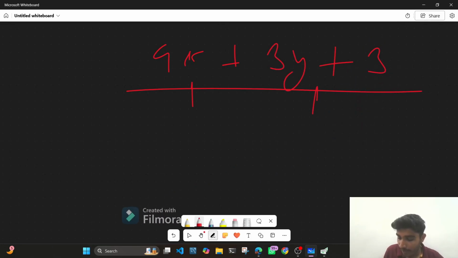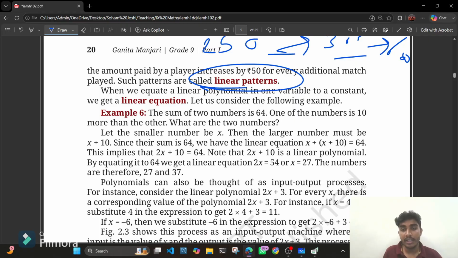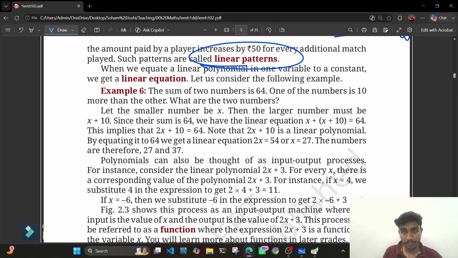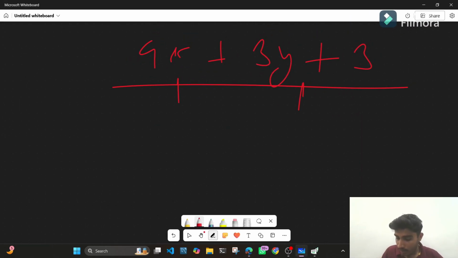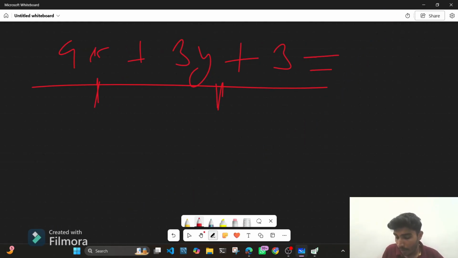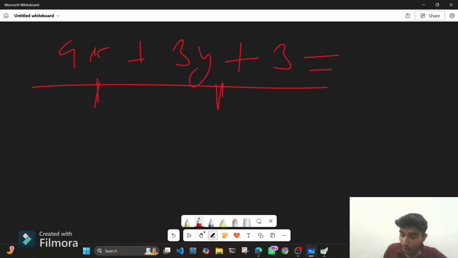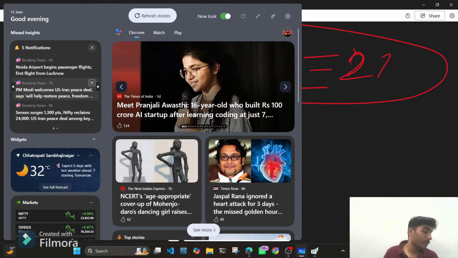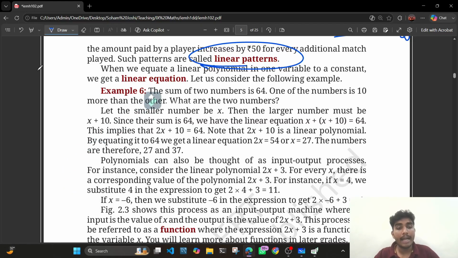ओके, ठीक है, कूल। Here we saw that, चलो मैंने first example लिया था 4x + 3y + 3। ठीक है, अभी मेरा इधर variables x भी है और variable y भी है। What if there is only one variable and a constant? मतलब, अभी मेरे पास इधर भी variable है, इधर भी variable है। अभी मेरे पास equal to की बात कुछ है नहीं। But what if I equate it with some number? मान लो it is 27।